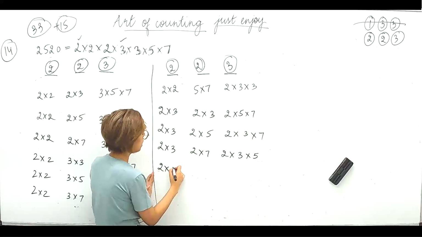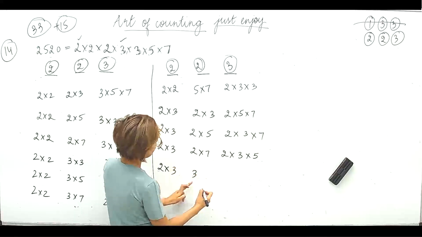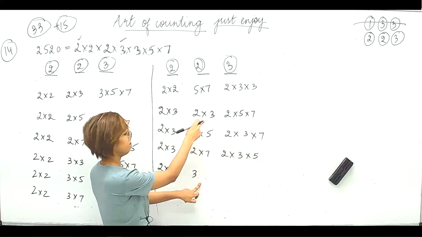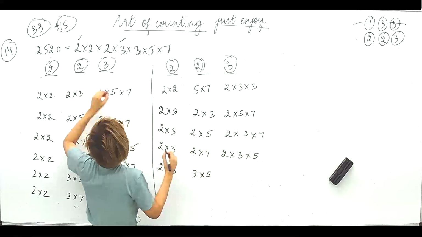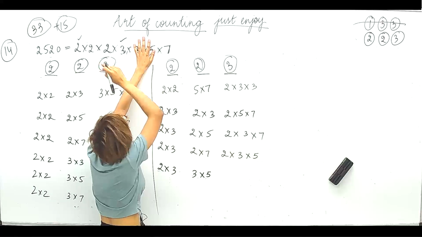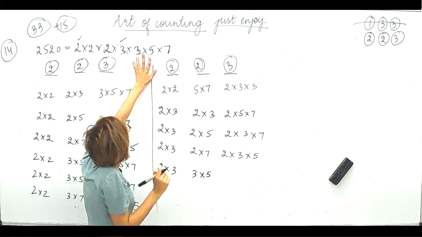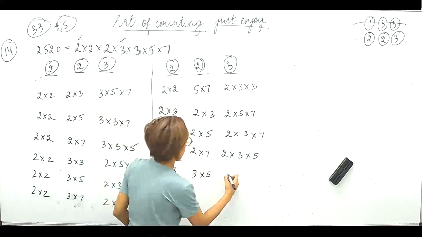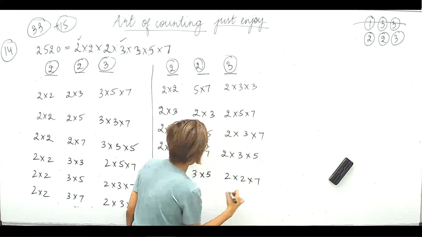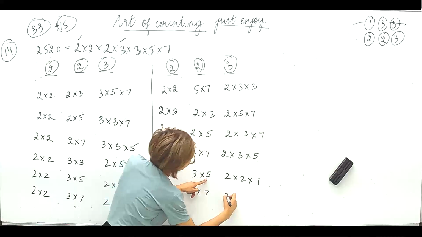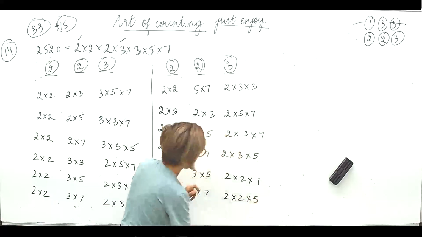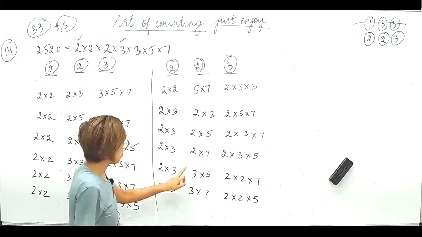So 2 into 3. So let's start with 3 now. So 3 into 2 I will definitely not take. 3 into 5, I can take that. So if I take 3 into 5, I'm left with what? I took 3 into 5, right? So 2 into 7. Okay. So 2 into 7. Right? 2 into 3, then 3 into 7. So 2 into 2 into 5. Done? Right. So 3 ones are done.